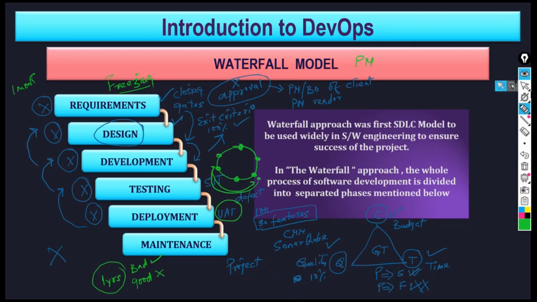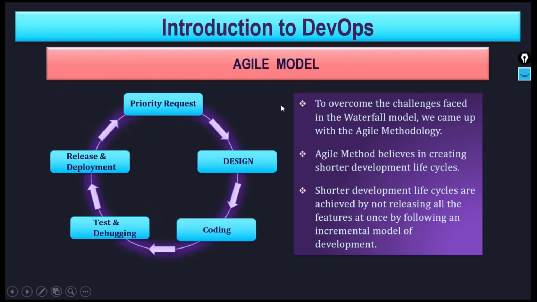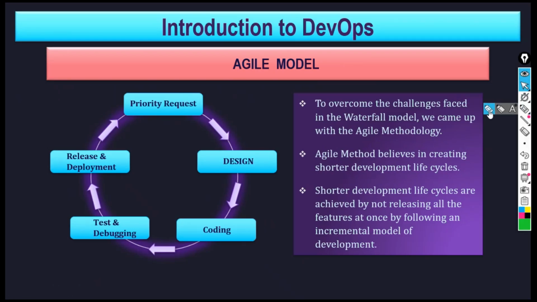So with the advent of DevOps, that's why DevOps is so important, it has given a new paradigm. It's a paradigm shift to the entire approach of the software development lifecycle. You see, now with the agile model, this is the priority request. Why priority request? The request or the feature which is of maximum business value